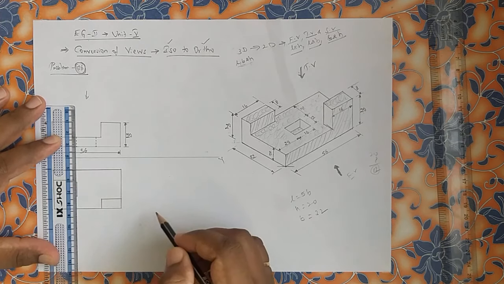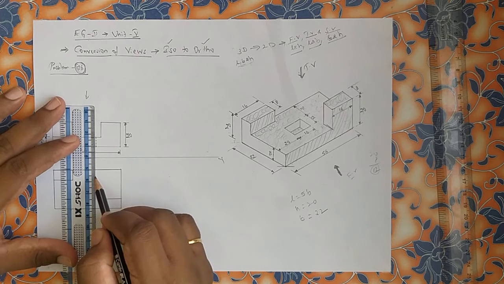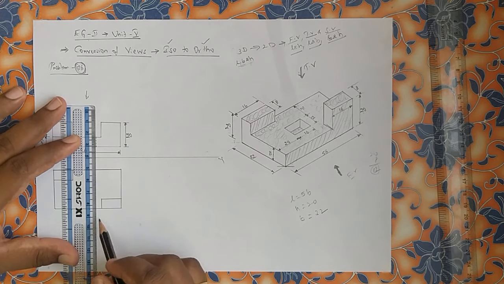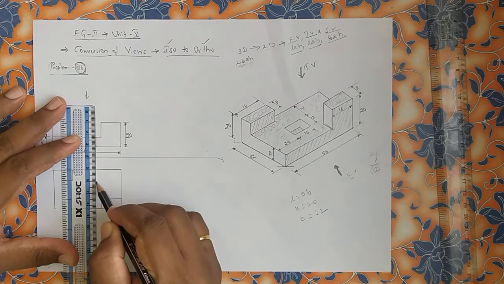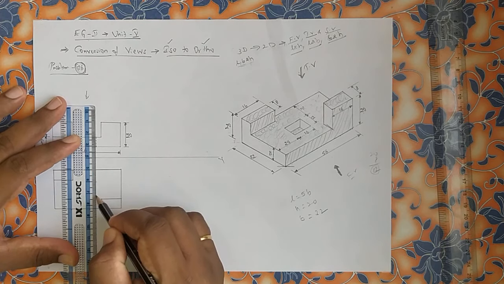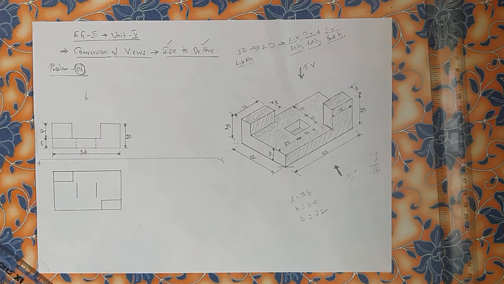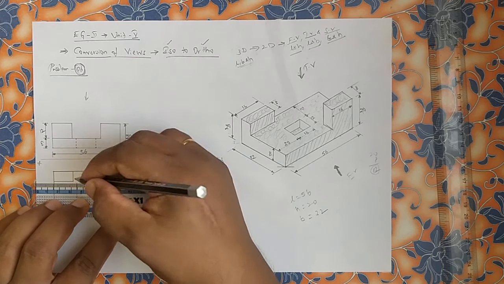Through hole. Same way here. Try to align this 5 towards the top line. Align the scale towards the dotted line from the front view. 10, 12. 5 to 6, 10 mm. From here up to 72, 12 mm. That through hole is nothing but try to join these two things.